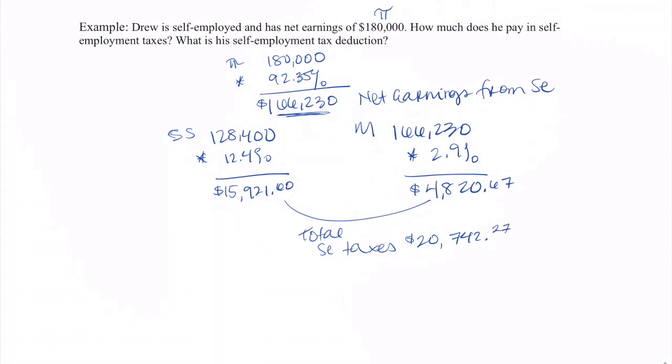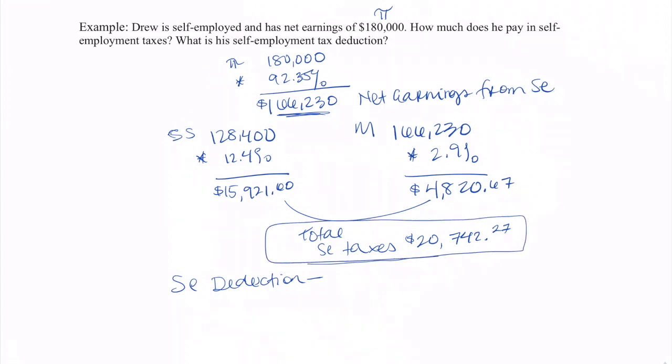All right, the next step is calculating the self-employment tax deduction. Okay, so I'm going to just go over here and say the SE deduction. We already know the SE tax is $20,742. The deduction related to Social Security is